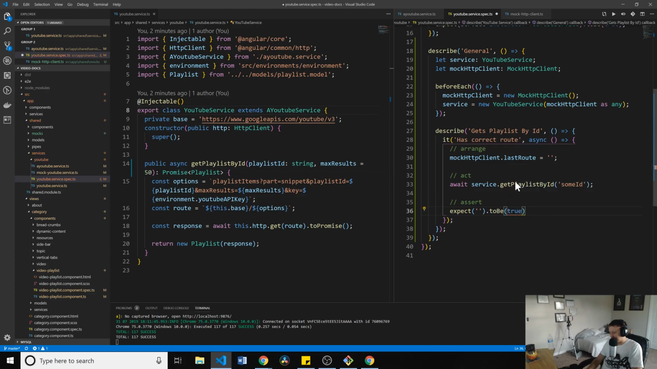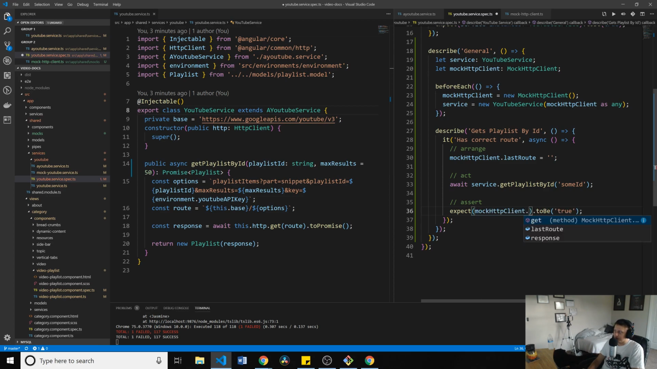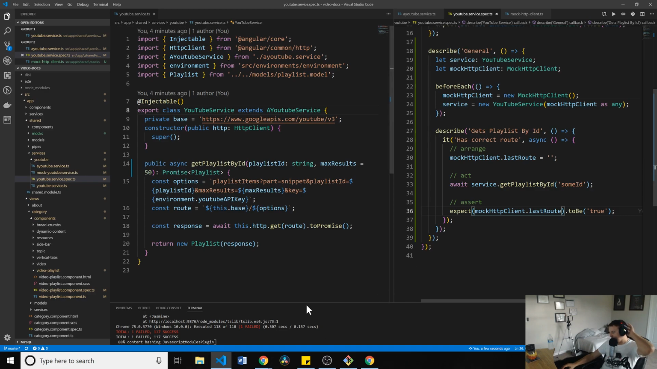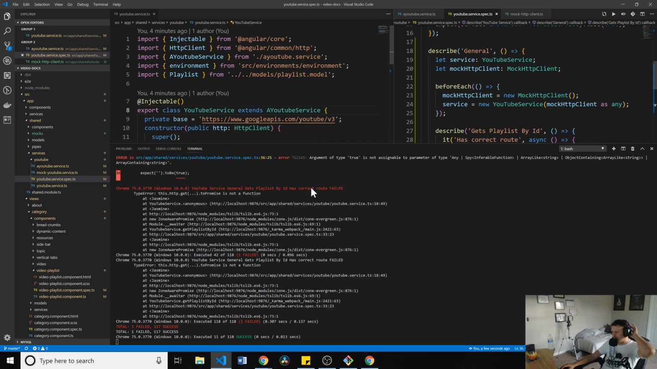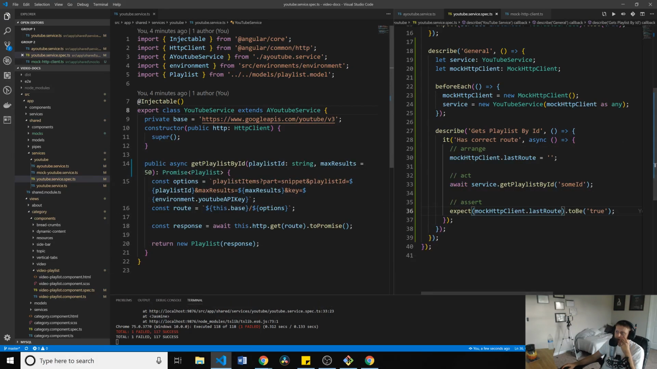What I'm going to do is take the output of this actually. Mock issue last route to be this. And then it should tell me that's not that. And I'll just copy it over because it's too long. Oh, you know, it's not a promise. So this is actually,